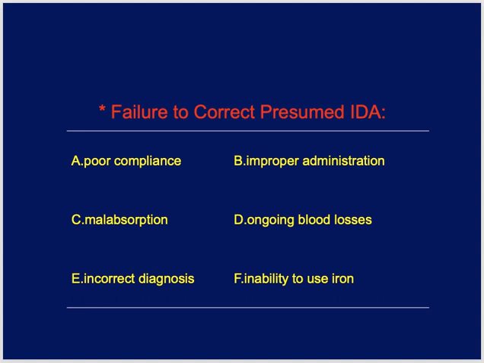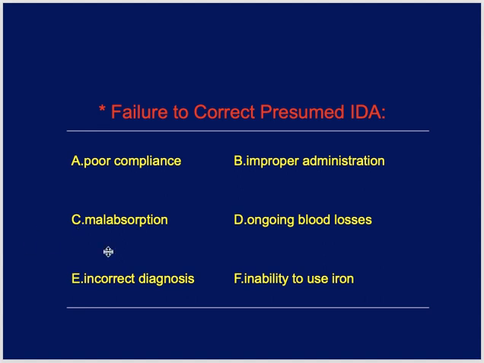Okay, nowadays there are some extended release tablets also available, which cause less constipation. Okay, sometimes it needs around 3 to 6 months of treatment to bring back the iron stores of the body and to bring back the HB to a normal level. Okay, so this thing is important.